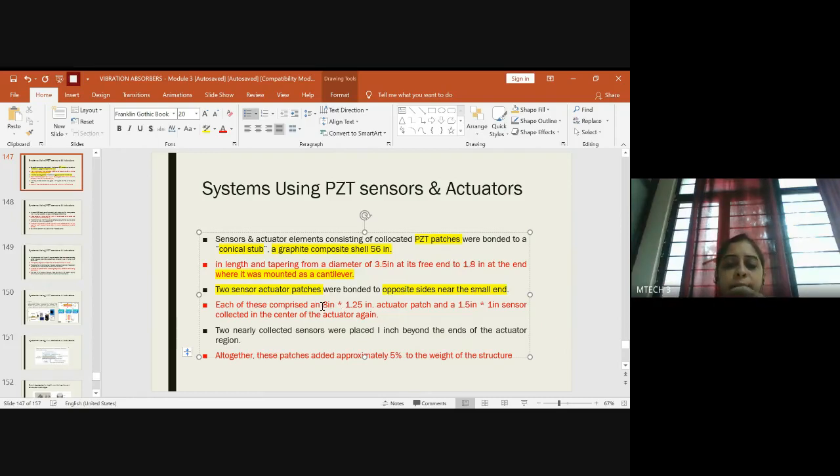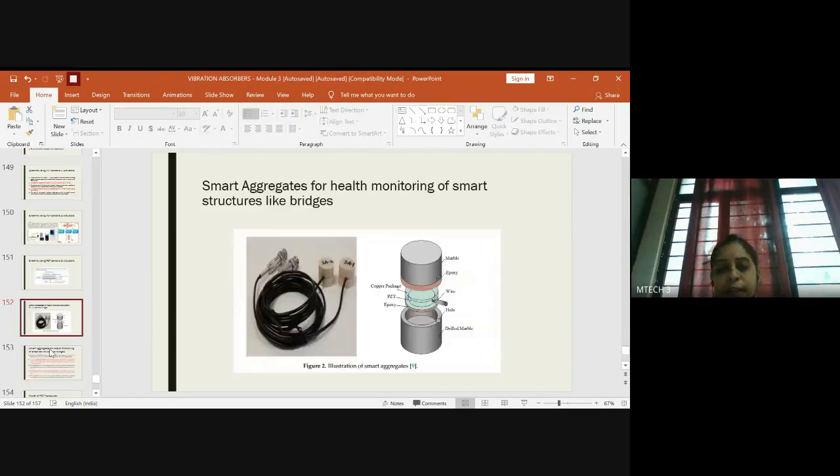So they have given the dimensions for the actuator patch. The actuator patch was around 8 inch into 1.25 inch, and the sensor patch was 1.5 inch into 1 inch. So this was the dimension of the actuator patch and the sensor patch they used. Once the dimensions of the actuator patch and the sensor patch were ready, these two sensors were placed 1 inch beyond the ends of the actuator. So if I just show the diagram here,